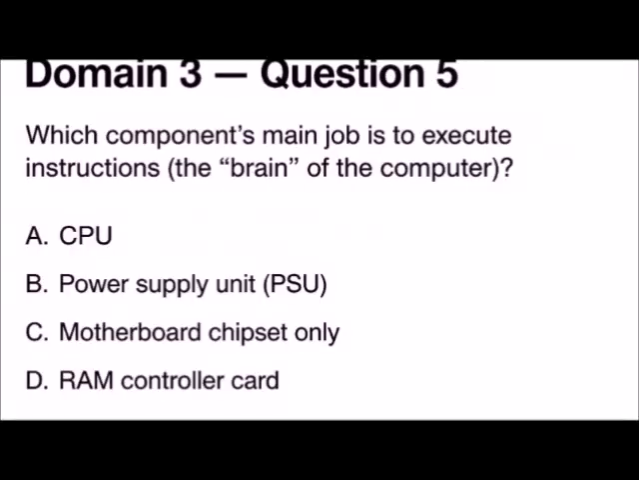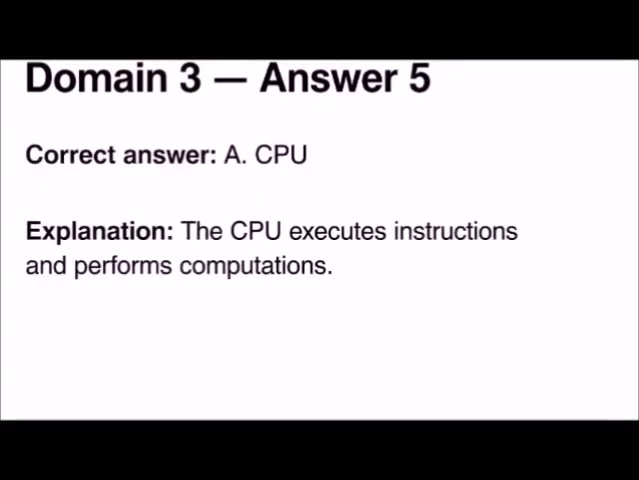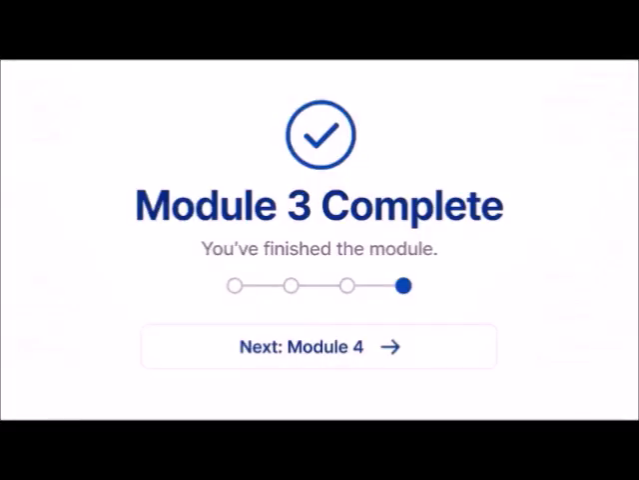Question 5. Which component's main job is to execute instructions, the brain of the computer? A. CPU. B. Power supply unit, PSU. C. Motherboard chipset only. D. RAM controller card. Correct answer: A. CPU. Explanation: the CPU executes instructions and performs computation. Domain 4 next, we'll cover